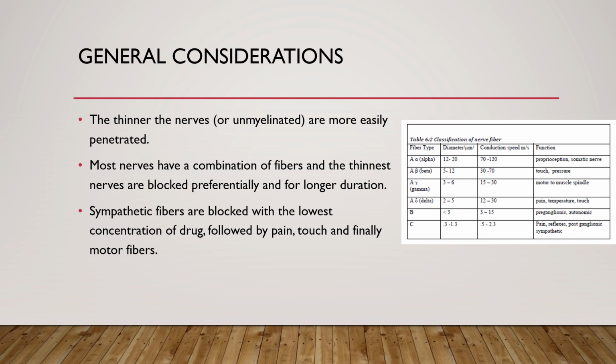The thinner the nerves are, or if they don't have any myelin sheath around them, you can imagine the local anesthetic can penetrate them more easily and diffuse through them. Think diffusion, really. Most nerves have a combination of fibers, and the thinnest nerves are blocked first and stay blocked for longer duration. Sympathetic fibers are blocked with the lowest concentration of local anesthetic, followed by pain, touch, and finally